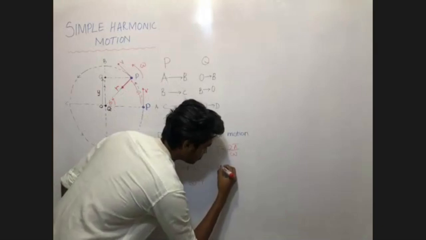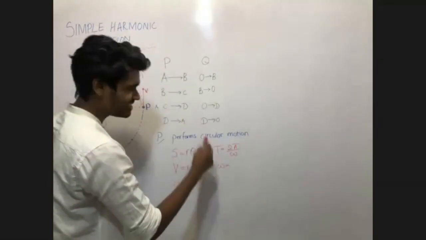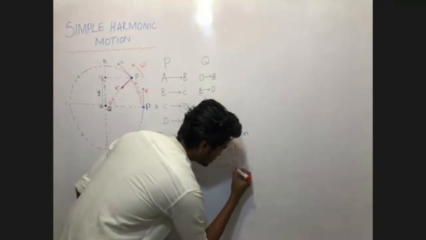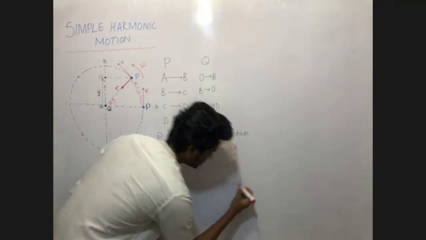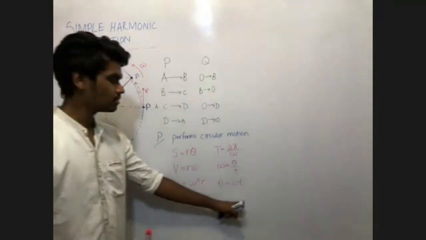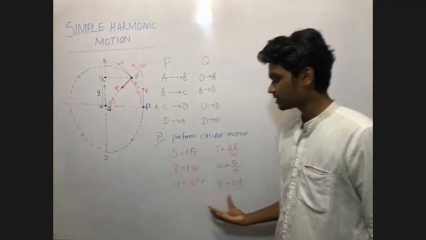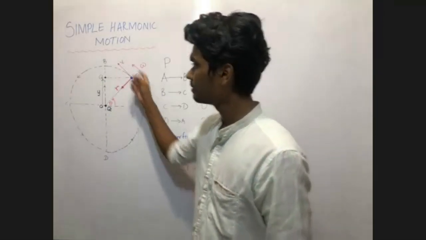And omega, what is omega? Angular velocity. Angular velocity is the rate of change of angular displacement, which means angular displacement is omega t. So these are the tools that we might need